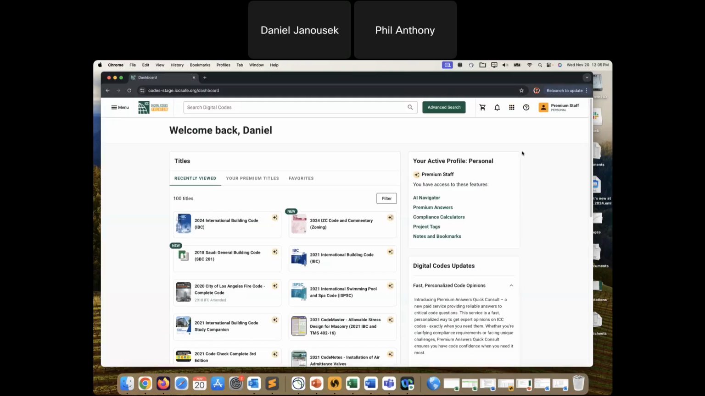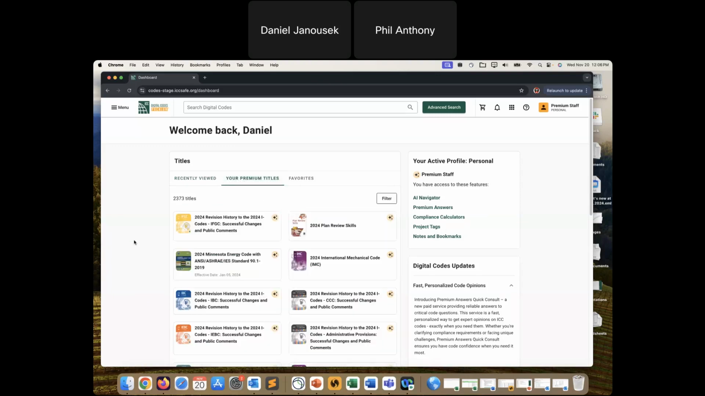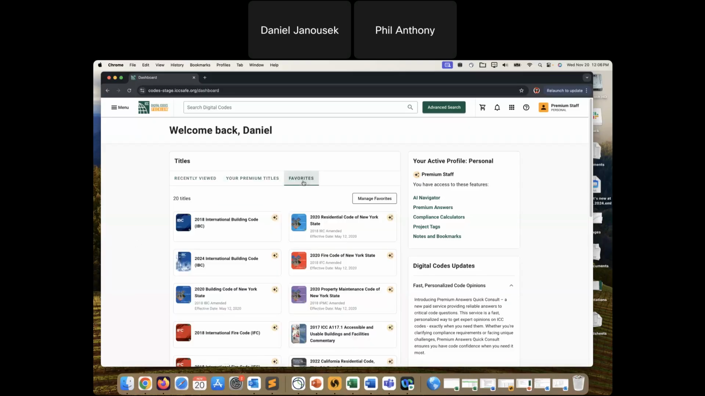So as a signed in user, the first page you're going to be directed to is the ICC Digital Codes dashboard. The personalization here is going to pull out the titles that that user has viewed most recently. It's going to give you a specific tab to view anything that is inside of your Digital Codes Premium subscription. And it's also going to allow you to build a list of your favorites